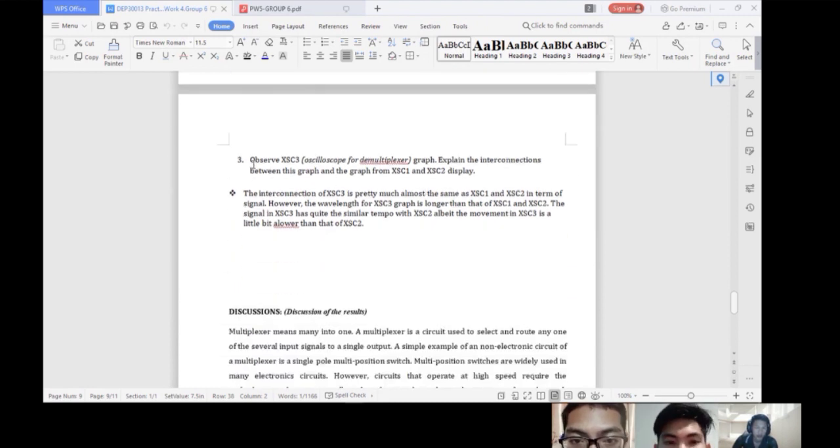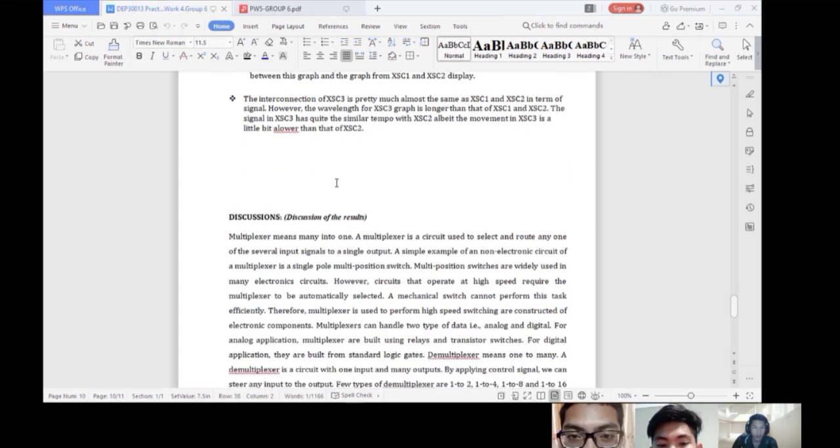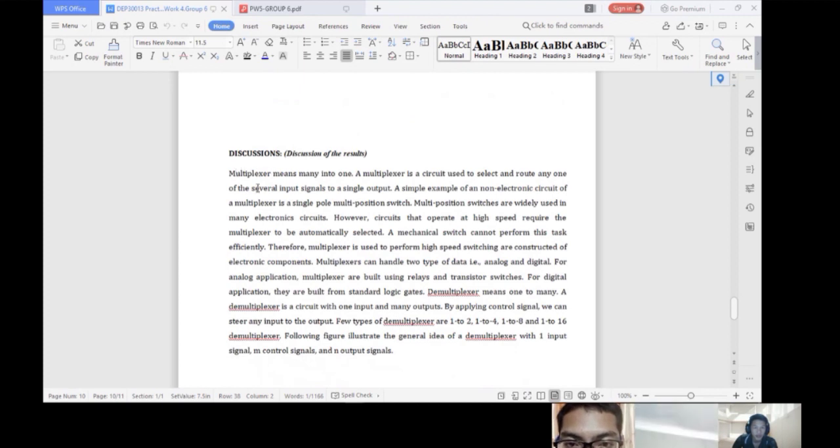So for the third question, the answer is the interconnection of XSC3 is pretty much the same as XSC1 and 2 in terms of signal. However, the wavelength for the XSC3 graph is longer than XSC1 and 2. The signal in XSC3 has quite a similar tempo with XSC2, albeit the movement in XSC3 is a little bit slower than that of XSC2. So for the discussion,